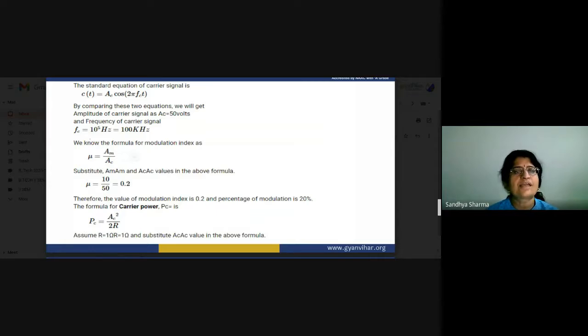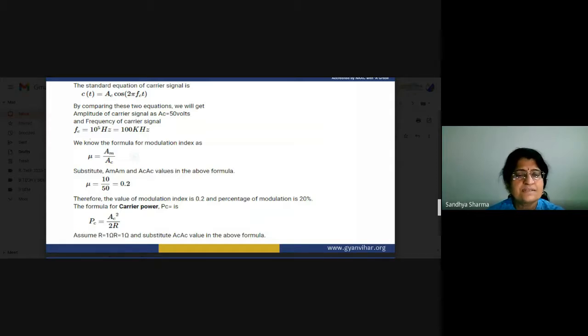Now the formula for carrier power. You have to calculate the carrier power. Basically, when we modulate our modulating signal with the carrier signal, two sidebands are generated, the upper sideband and the lower sideband, and all the information is contained in these sidebands. The carrier signal is also transmitted along with the sidebands, and the carrier carries two-thirds of the power. So there is basically wastage of power in the carrier when we transmit the carrier signal along with our sidebands.